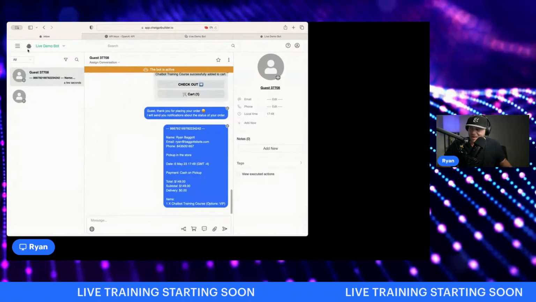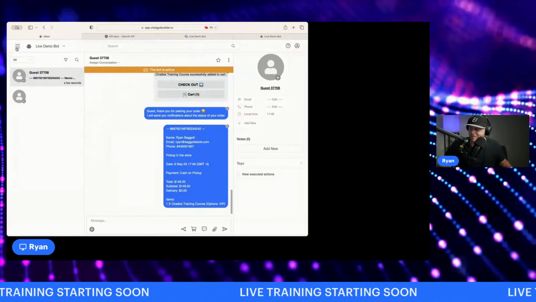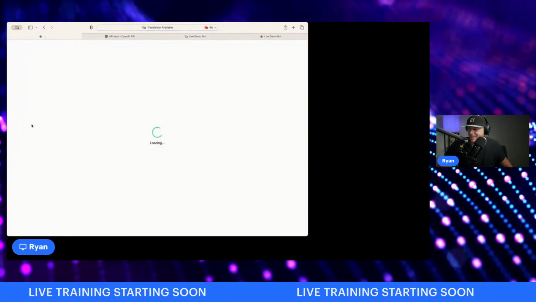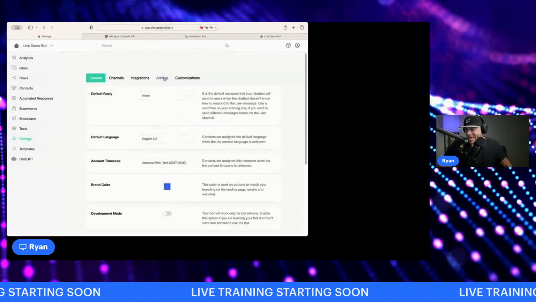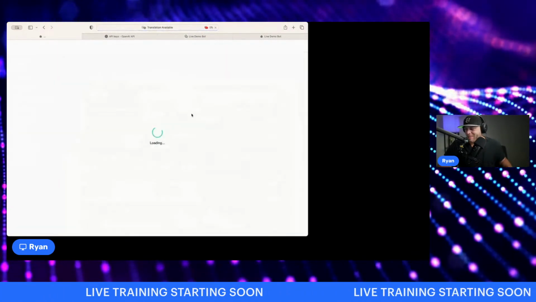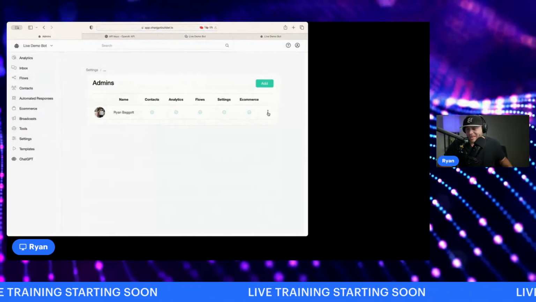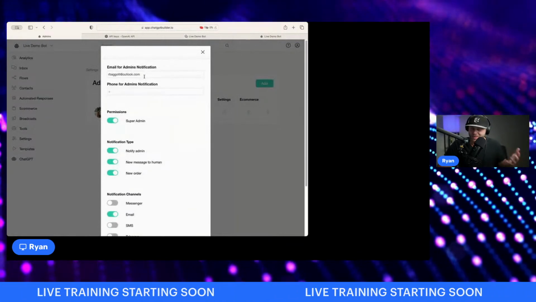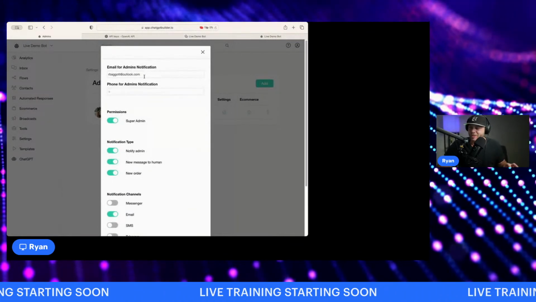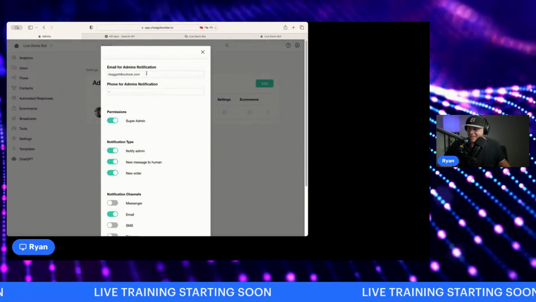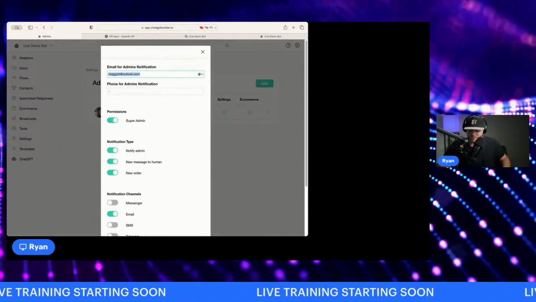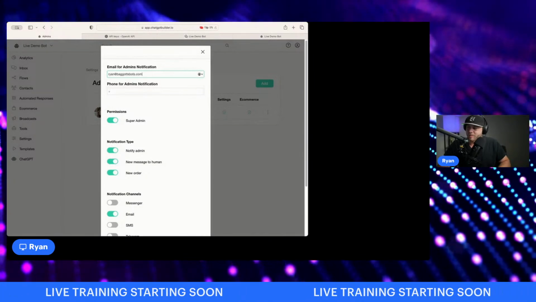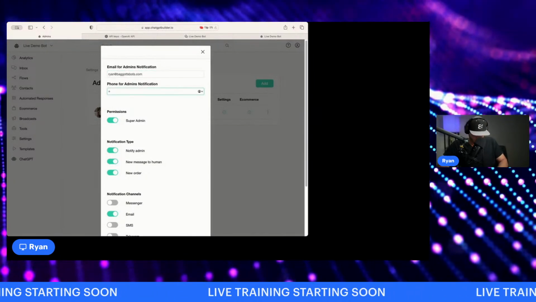We do need to make sure we have our actual email notifications and text message notifications set up. And so to do that, we need to go to settings and you're going to go to admin, manage. I'm the only admin of this account. So if I hit the three dots here to edit, it's going to show you however you signed up for your account. This is where you're going to get your notifications sent to. So I could easily change this email to be my main email instead of my Facebook email, for example. And here I can just add my phone number,